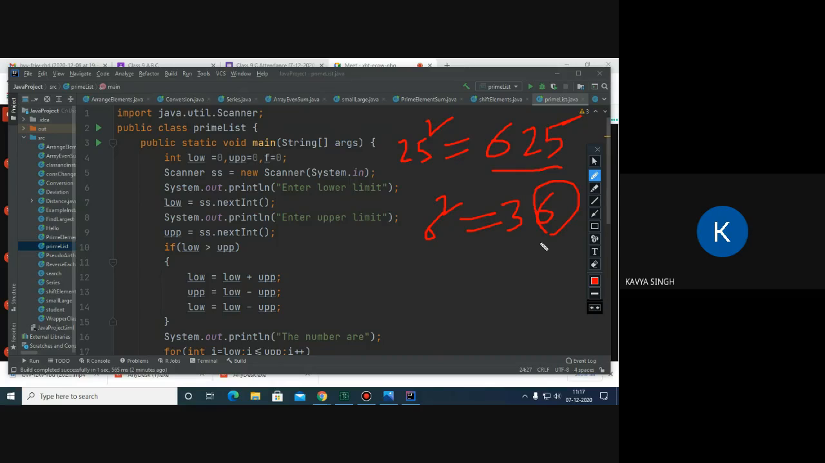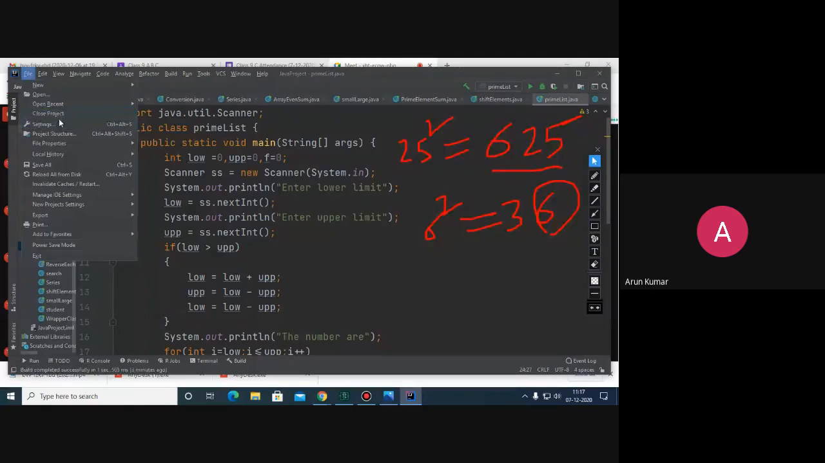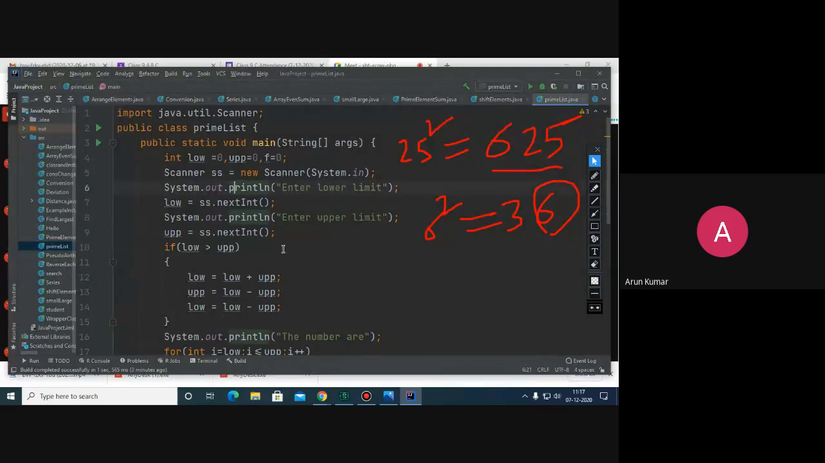Class 9. Okay, so this is the question. Now the question is to print all the automorphic numbers between the lower limit and upper limit. So the logic will be the same, and this time we need to use the same method of lower limit and upper limit. Here, just copy this part,